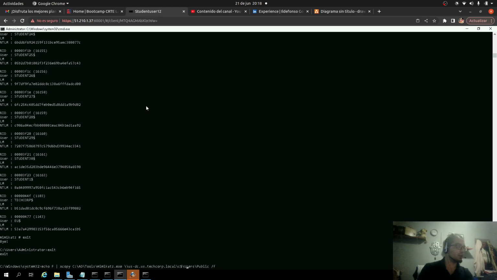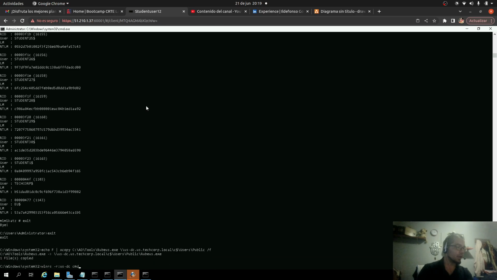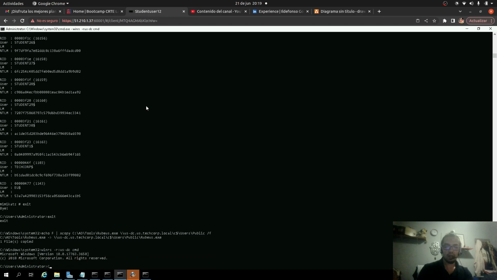Yeah, instead of Mimikatz we can upload the Rubeus binary and access the machine again and launch AD tools, no, users public, Rubeus with monitor parameter and target user is the machine account of the root domain, that is TouchDC,